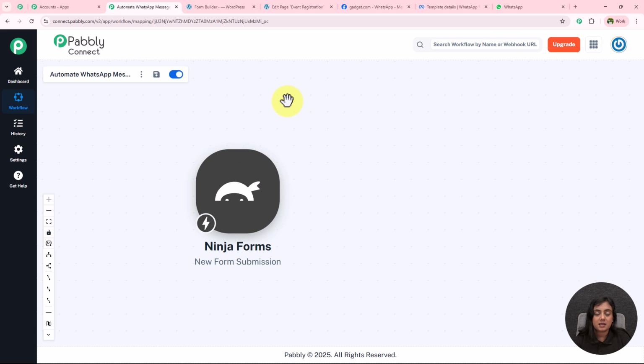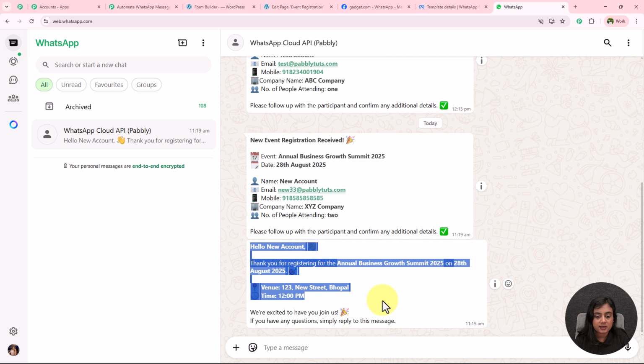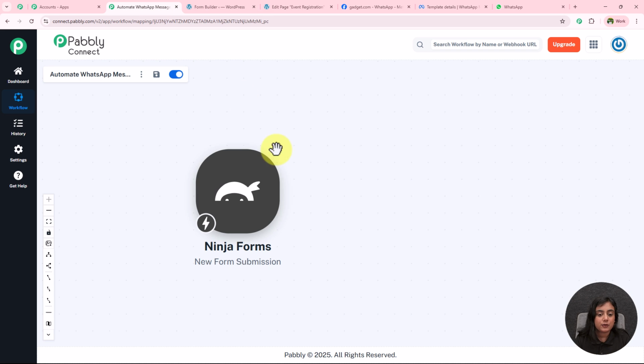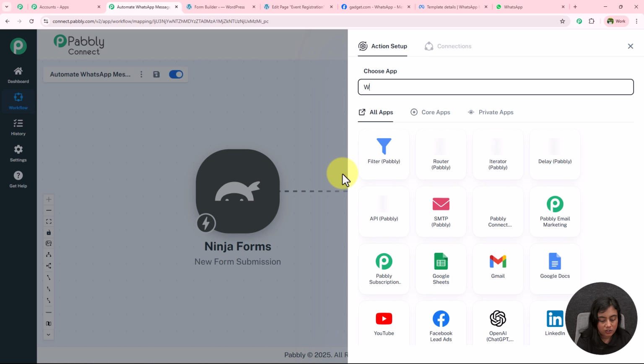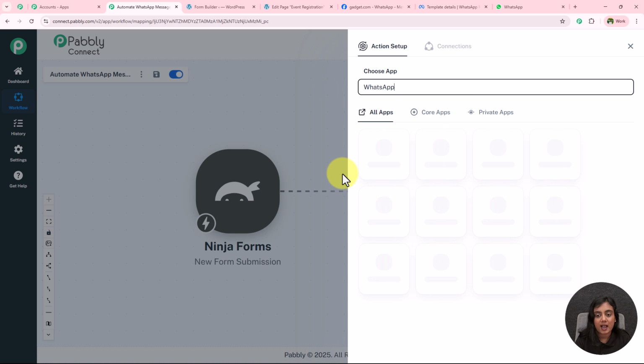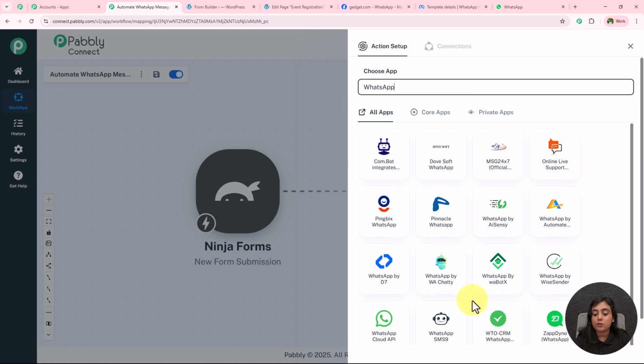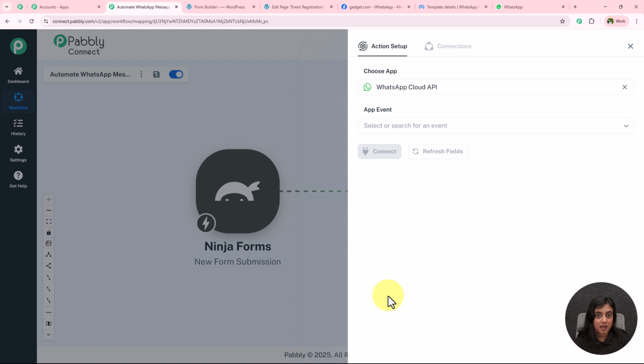As the trigger setup has been done, what I want to do is, to the person who has done the registration, I want to send them a WhatsApp notification in this manner right over here. You can see this is the message that I want to first send towards my customer. For that, I'm going to set up my action step right here, and for my action application, I'm going to select WhatsApp Cloud API. Why am I selecting WhatsApp Cloud API as my action application? Because using this,